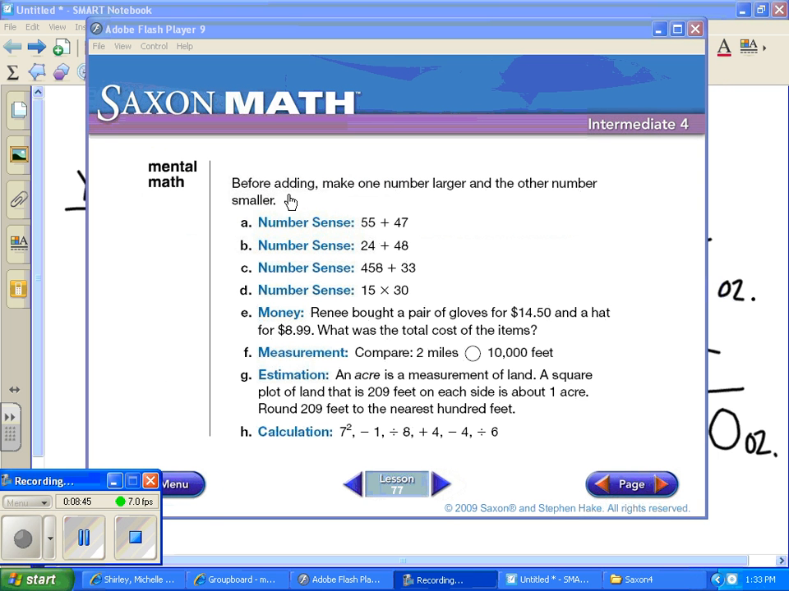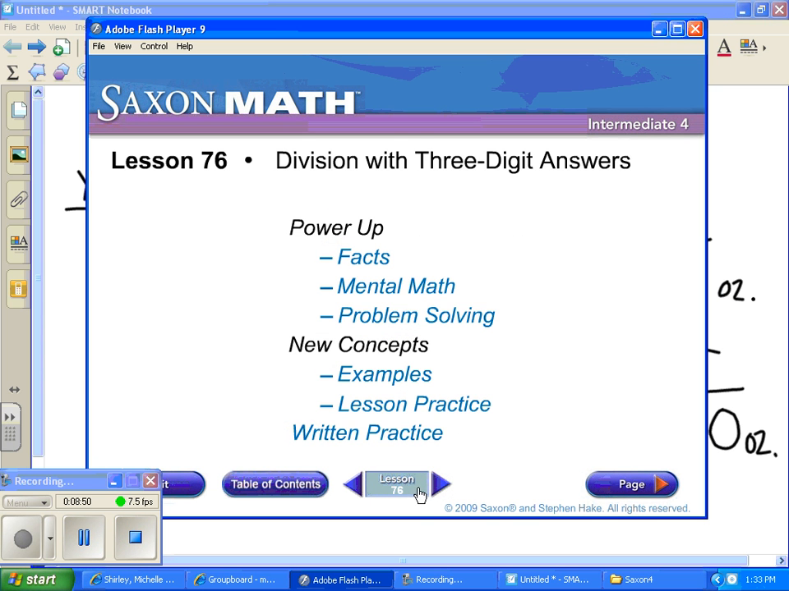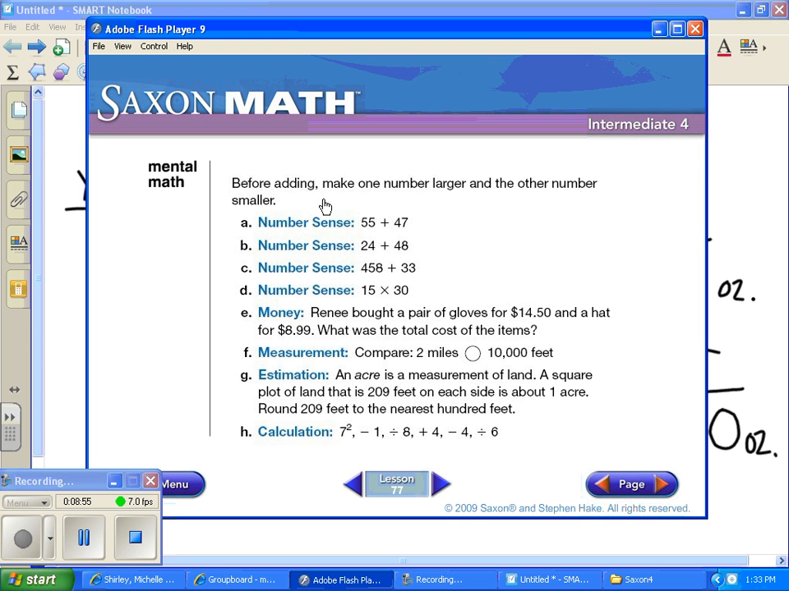Okay, we're going to go ahead and do some mental math. Let me make sure I'm on the right lesson. Yes. And then we'll do our facts at the end today. Okay, the new trick we're doing is make one number larger and the other number smaller. Okay, so right here, I would like to make 55 go up to 60, so that's up 5, so I'm going to take 5 away from 47, and that would be 42. So I'm really looking at 60 plus 42,